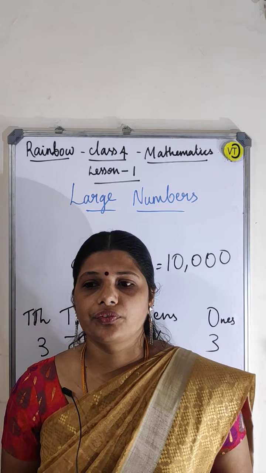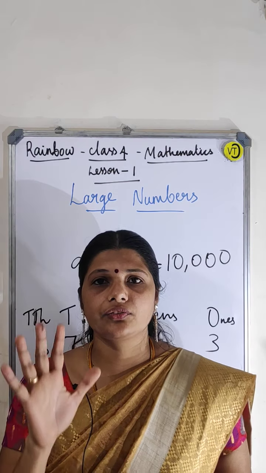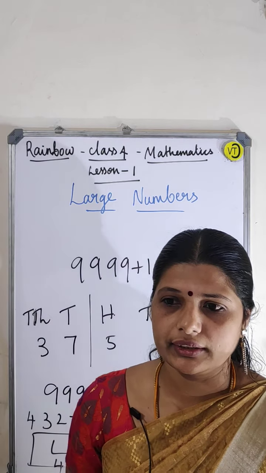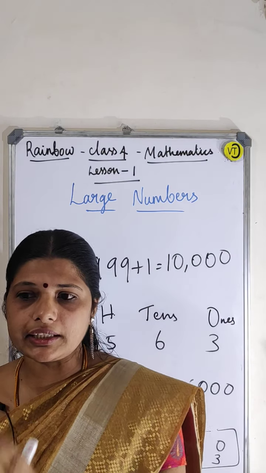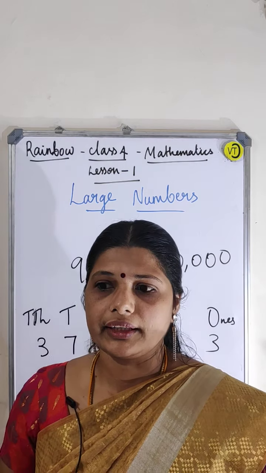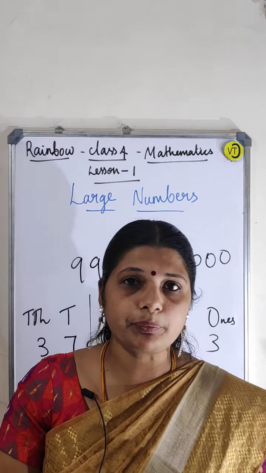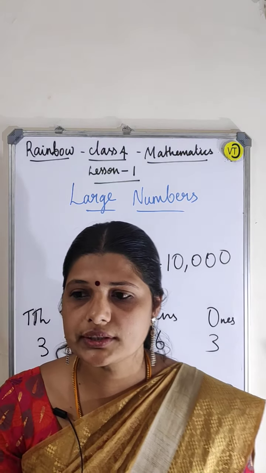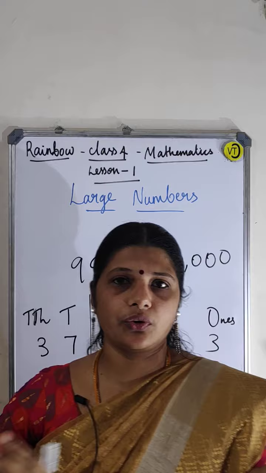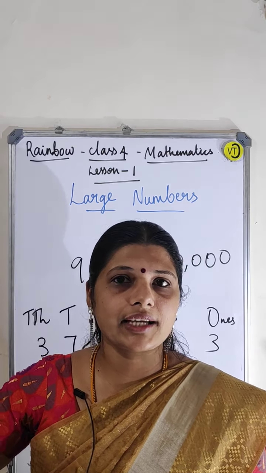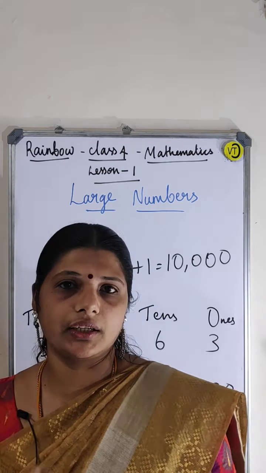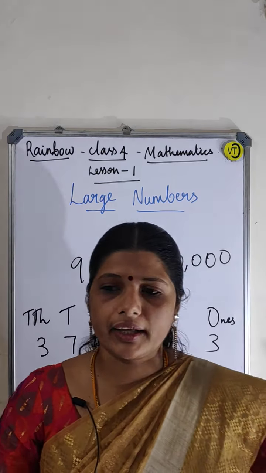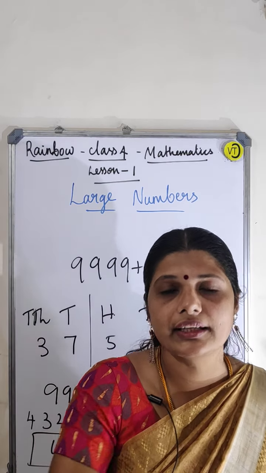Now place value of numbers. Numbers with 5 or more digits are divided into periods. What is meant by periods? The first 3 digits form one period. The next 2 digits, the 4th and 5th places, again that is the thousands period. Ones period, thousands period and lakhs period. First of all, you have to come here. Ones, tens, hundreds, that is the ones period. Okay, so thousands, 10,000, that is the thousands period. And then lakhs, 10 lakhs, that is the lakhs period.